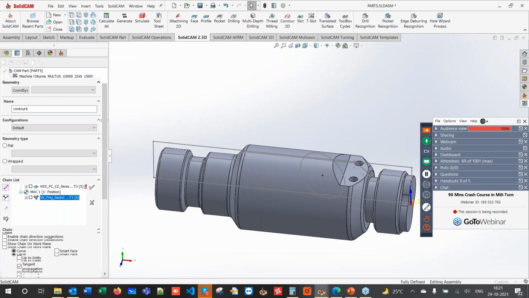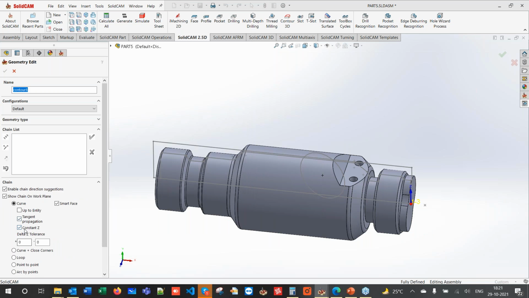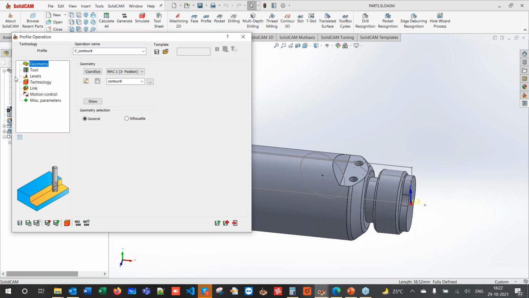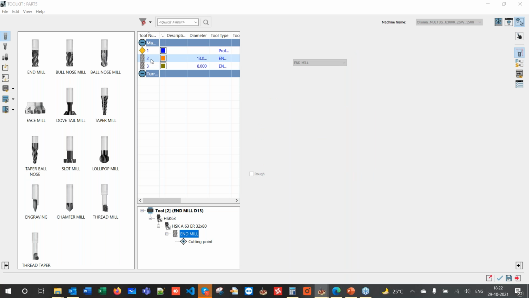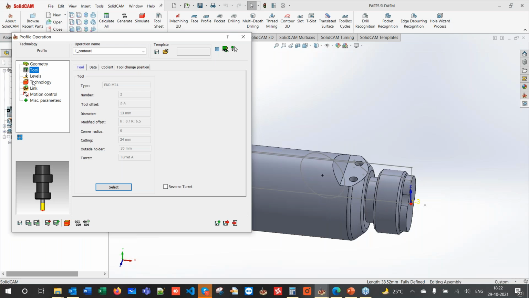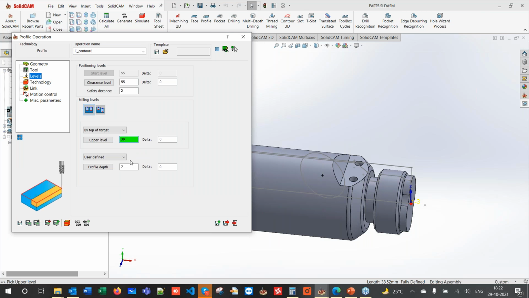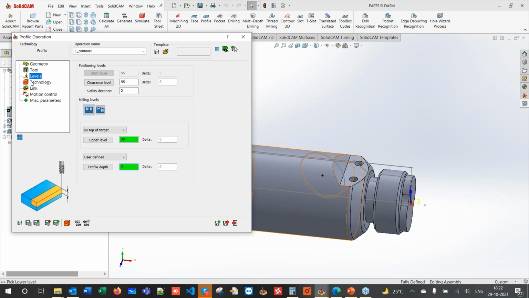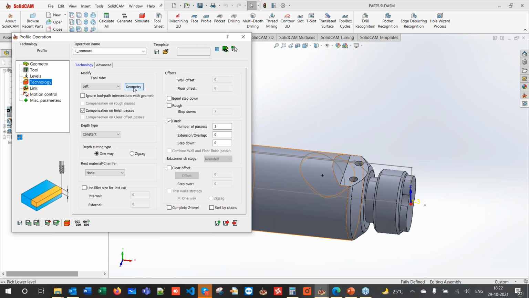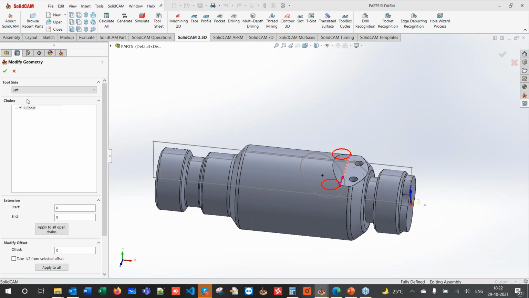We'll define the geometry. Click on this one. And we'll define the tool. Going to use the 13 mm end mill here. Okay. And the levels, it has been already set. I'll just make sure by selecting this face. In the technology section, I'll just check the geometry. It's left. I'll just reverse this chain,